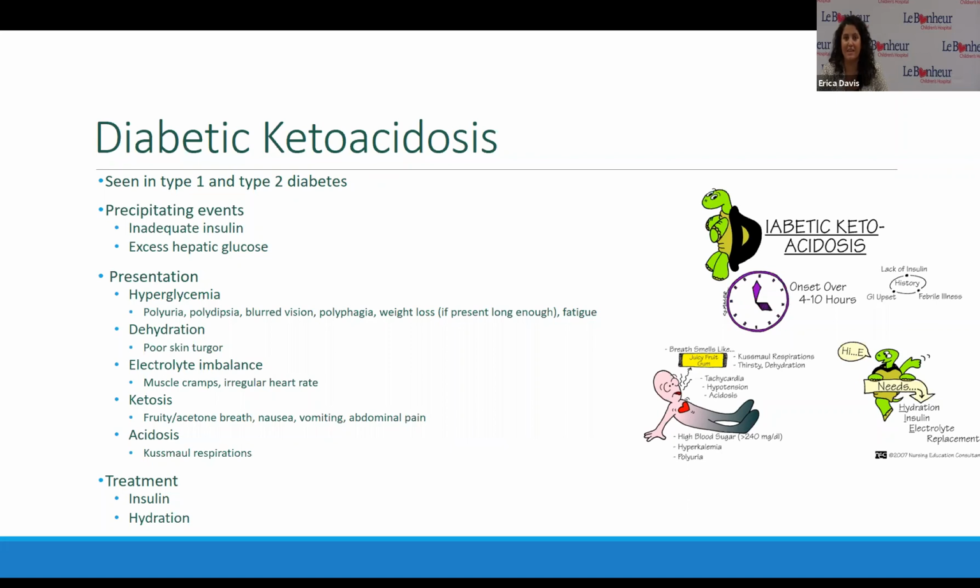It might be related to them not feeling well and thinking, hey, if I'm not eating my food, I don't need to take my insulin. We know that that is not true. It might also be related to excess hepatic glucose, where certain illnesses and excessive stress lead to the liver producing a little more glucose than it normally does, leading to higher blood sugars where we really need that little extra insulin to get that blood sugar down and prevent the formation of ketones.